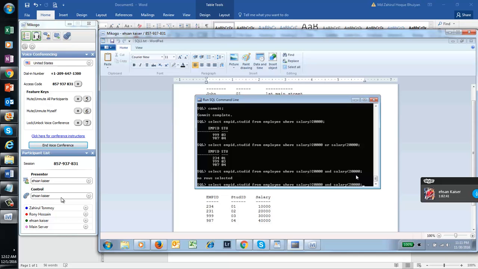Okay. Now come to the OR. So consider the first data. Salary greater than 20,000 or salary less than 20,000. Which one is true? Less than 20,000. So in the left hand side of OR you have false, but in the right hand side of OR you have true. That means false or true. Your result will be true. Okay. Now for the second data,